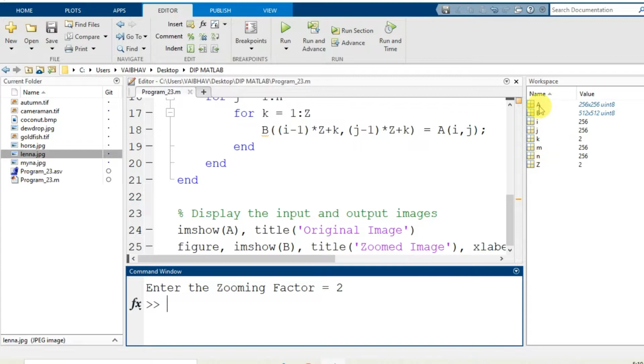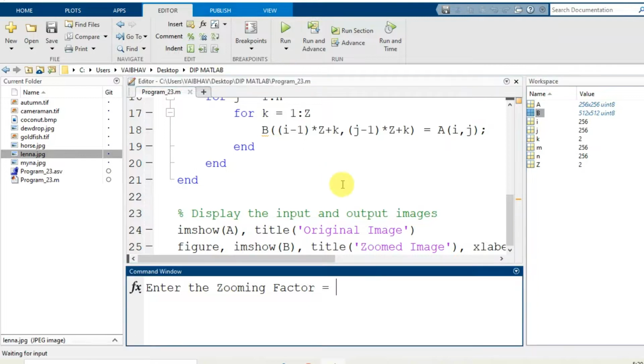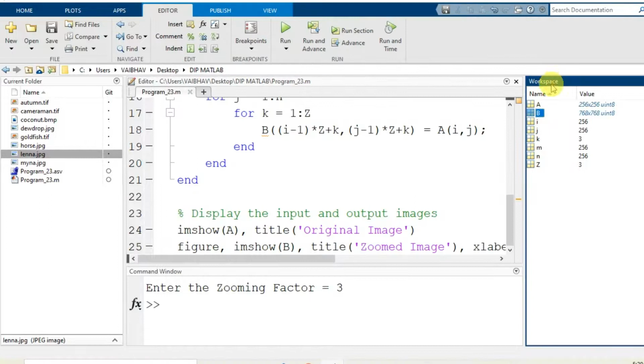Here you see the variable a is with the dimensions 256 by 256 that I showed you earlier, whereas the variable b holds the dimensions 512 by 512, the same data type here. So here instead of having the zooming factor equal to 2, if I run it again and give it a value 3, you will see in the workspace that initially B was 512 by 512 for the earlier result when the zooming factor was 2.